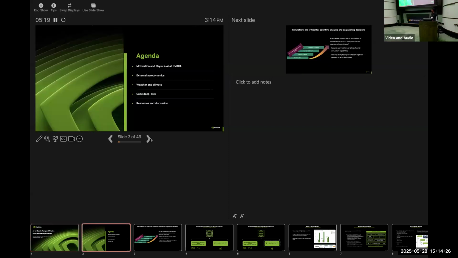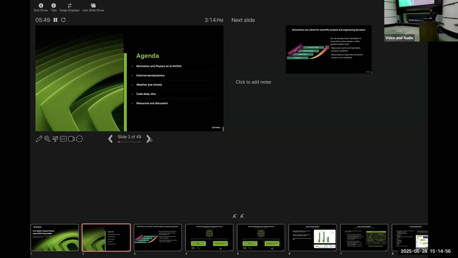So in terms of the agenda, this is what we're going to talk about today. We'll go over a little bit of motivation behind using AI approaches in physics-based modeling. We'll look at how at NVIDIA we are accelerating some of these approaches, and then we'll dive deep into a couple of use cases and see how some of these things work in practice.